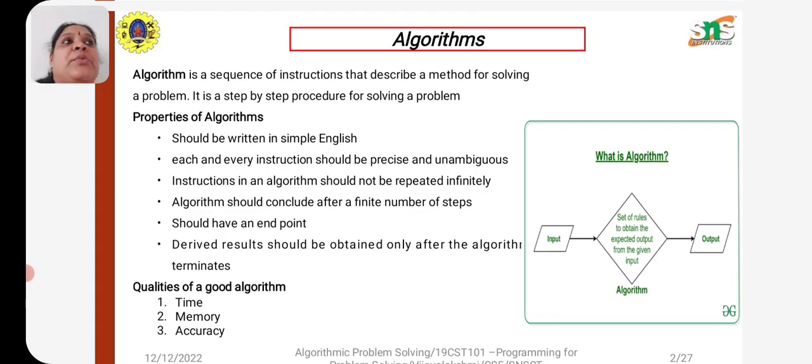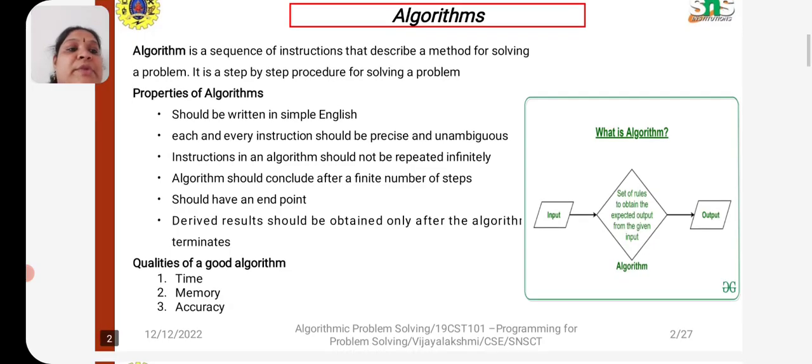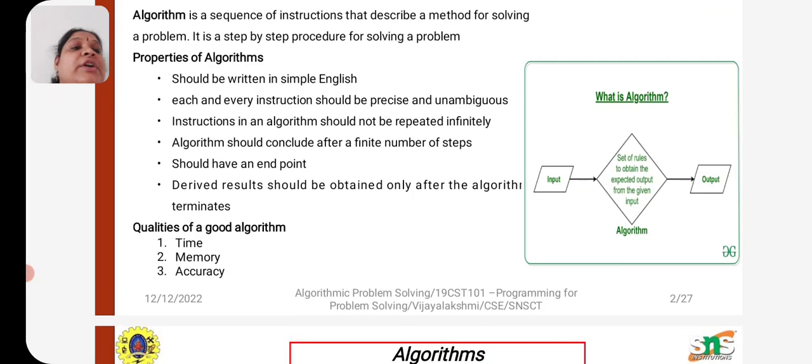And what are the properties of algorithm? Should be written in simple English. Each and every instruction should be precise and unambiguous, and instruction in an algorithm should not be repeated infinitely. Algorithm should conclude after a finite number of steps, should have an endpoint. Derived result should be obtained only after the algorithm terminates. You have an input, and intermediately you have some set of rules to apply or to manipulate, and then you